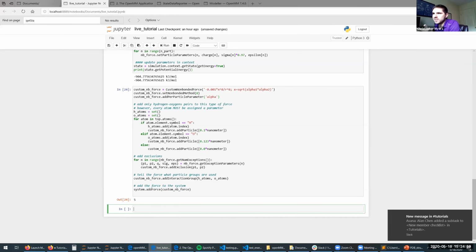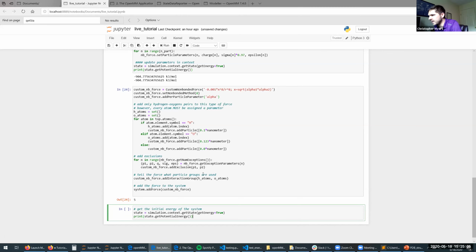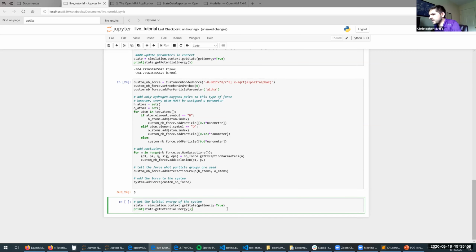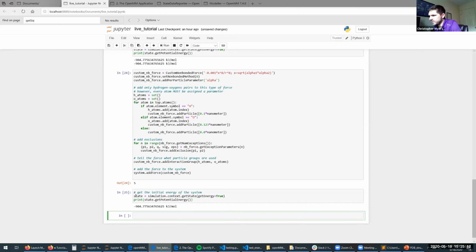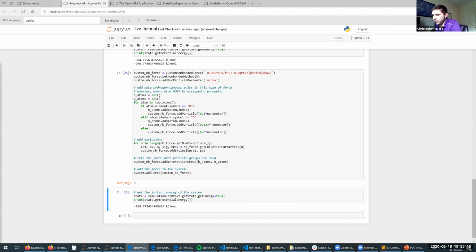Okay, so now let's minimize the energy of my system. Now I have all my forces set up. I've changed all my parameters. Now let's actually run some sort of simulation. First, let me see what my initial energy is. So I'm just going to create another state, tell it to get my energy, and print out the initial energy. Now, if I then do